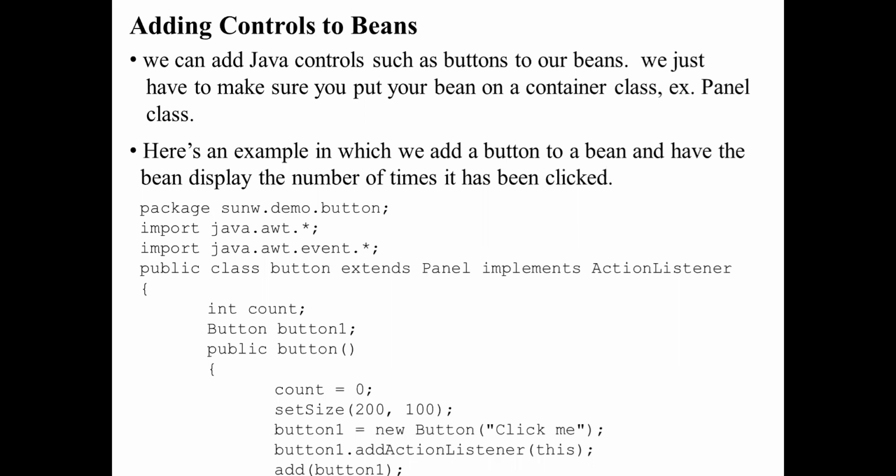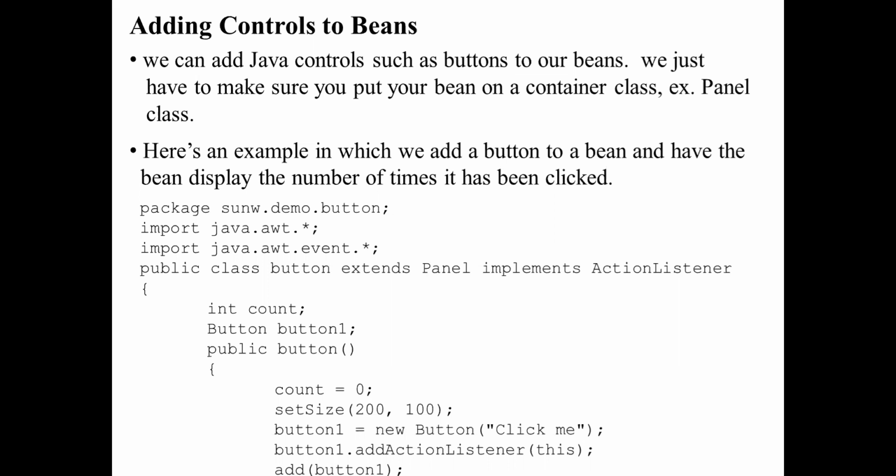This is an example: we are adding a button to a bean and displaying the number of times it has been clicked. The package is sunw.demo.button and we import java.awt and the event package. We extend the class to Panel and implement ActionListener. We create button1 and a public count equal to 0.